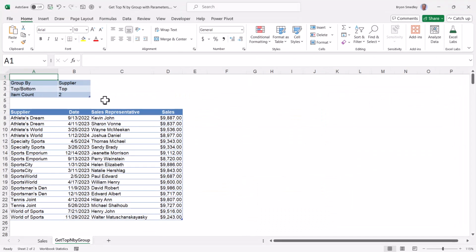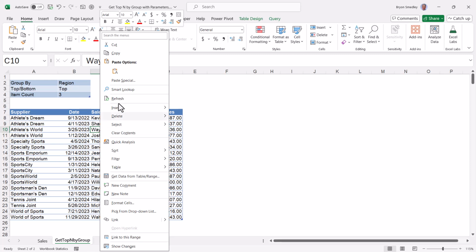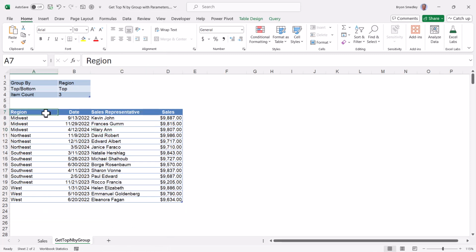What if we could give the user an input interface where they could pick the method by which they want to group, like maybe by region, whether they want to pick the top N records or the bottom N records, and what that number is. So I might want to do the top 50, or I might want to do the top 3. But when I right-click refresh, I want to be able to see the top 3 records per region, sorted by region, and